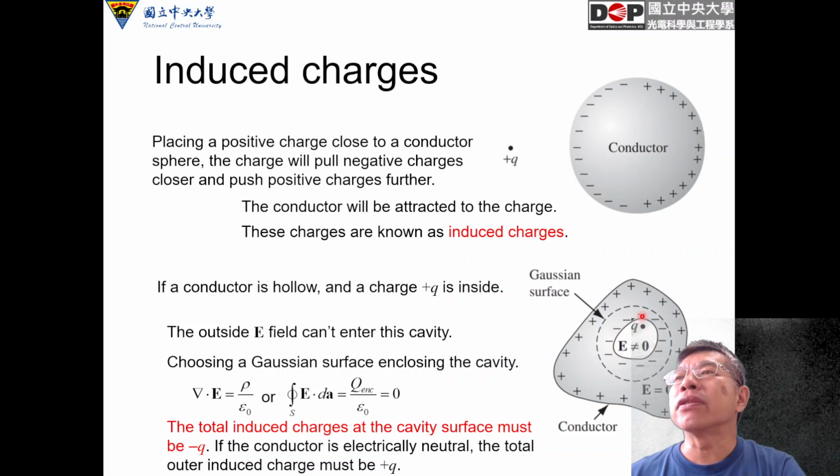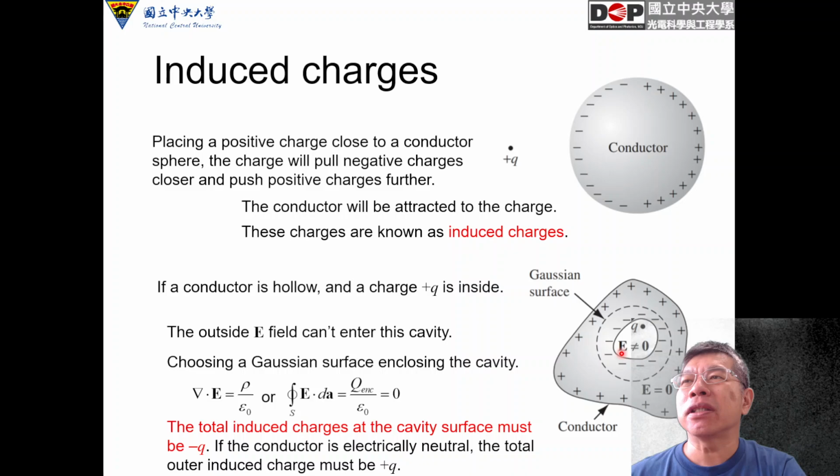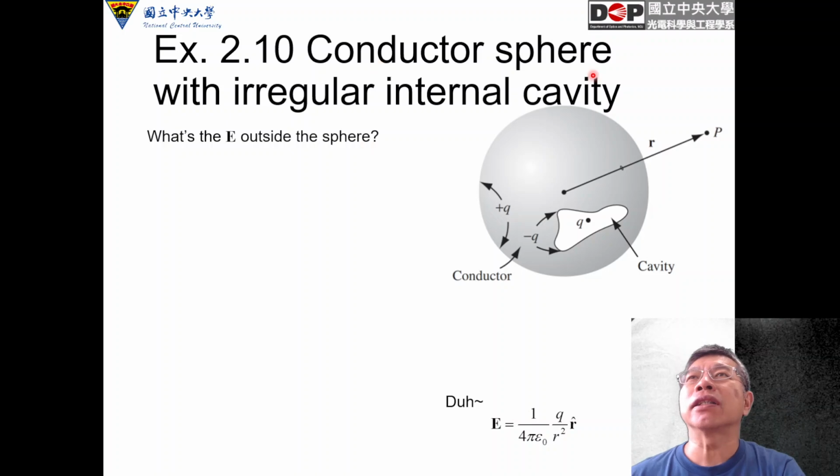So the induced charge on the interior surface of the hole must be the same magnitude. Otherwise, it cannot be zero. So that's the thing. When we put a charge inside a hole, the induced charge must be equal to the charge we place, but negative, a different sign. Okay. So here is a conductor sphere with an irregular